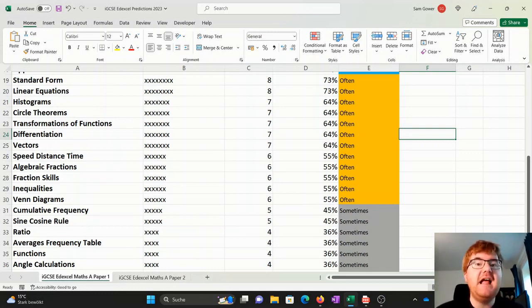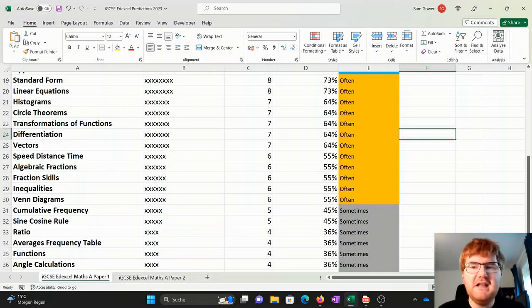Mathematics A course, and this is for Paper 1 on the 19th of May 2023, on the Friday. So let's go through my predictions. I've been through the last 11 papers that I can find. Again, we do have to take into account COVID in terms of priorities of topics, but hopefully I've got a nice overview here of what topics really do appear.